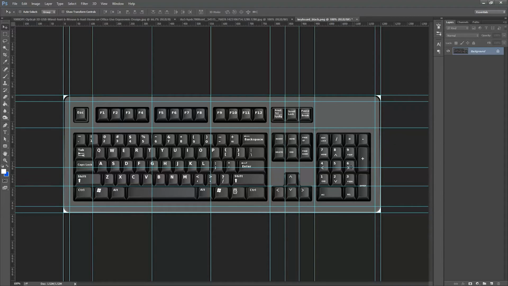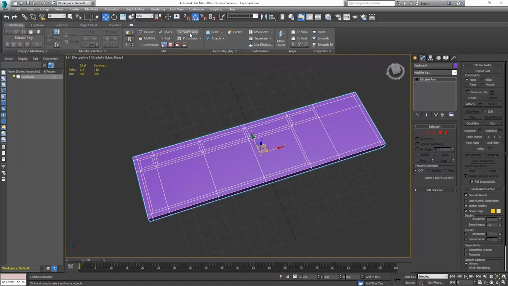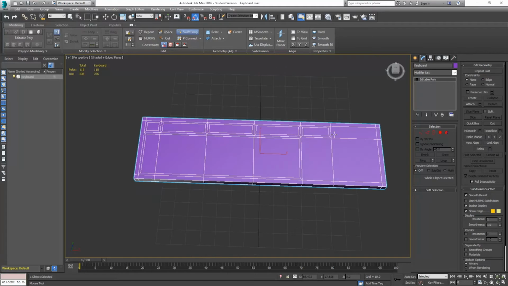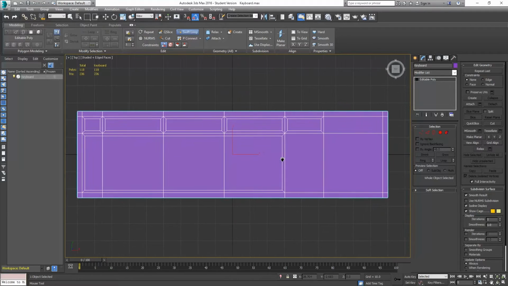So let me show you what that looks like. So come back, and the first one is going to be pretty much the distance between here and here. So it's going to be about halfway, and this one will be halfway between those. So the tool we're going to use is Swift Loop, and you can see the tool here is going to show me where that loop is going to run. So I'm going to go to my top view just so I can exactly see where the center is here. So I'm going to hit that, my loop gets cut in, and then I have my two here, so one there,